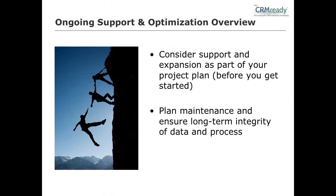All of a sudden you have this, it's kind of like having a baby. All of a sudden you've got one. It's like, oh, wait a minute, I didn't plan for all the rest of that. So what are you going to do? You want to think up front, how are we going to support the CRM once it's up and running? How are we going to continue to grow it? Even if we're not moving directly into the next phase, how are we going to ensure the long-term integrity of the data? You really want to start to plan this stuff at the very beginning of the project,